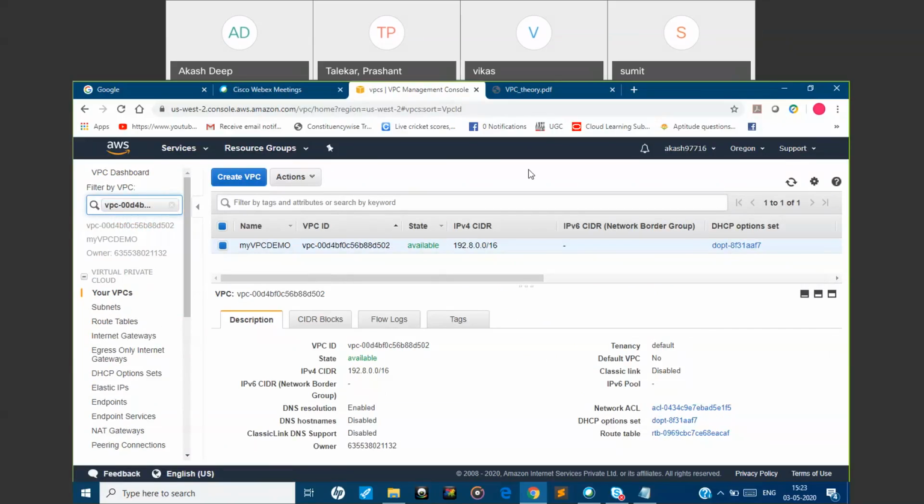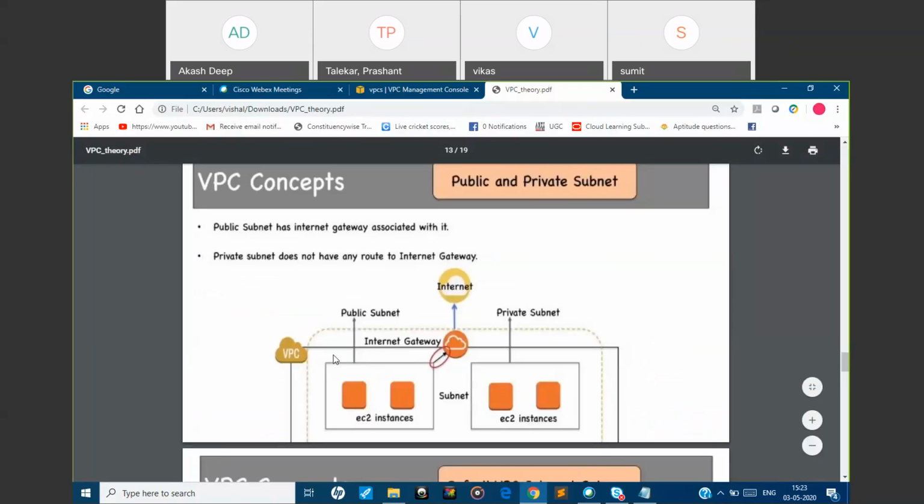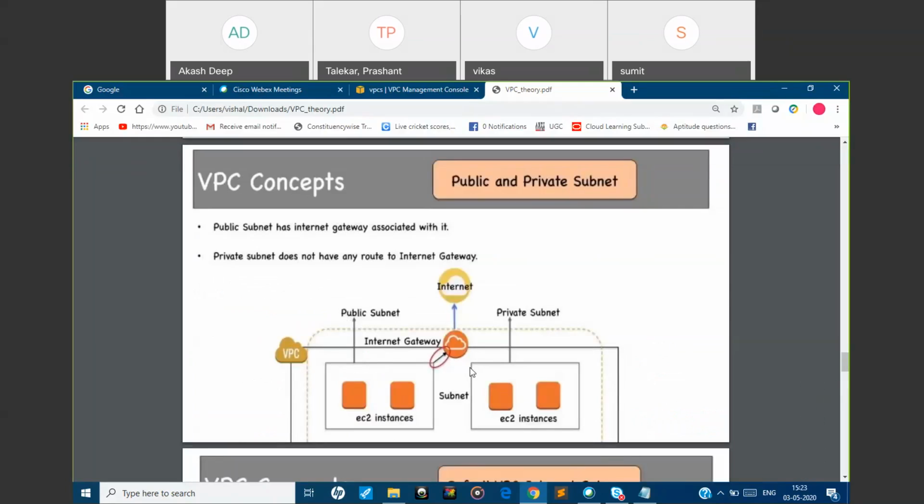And now what is the next step? So we created the VPC, we created the internet gateway, and we associated that internet gateway with it. Now the next step is to create the subnetworks. So what basically we will be doing as a part of our demo. AWS will provide you all the public subnets, right? That's why whatever instances and components you launch, you are able to access from the internet.